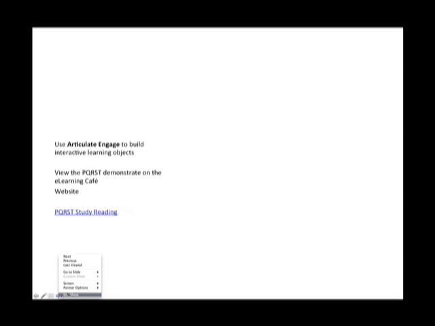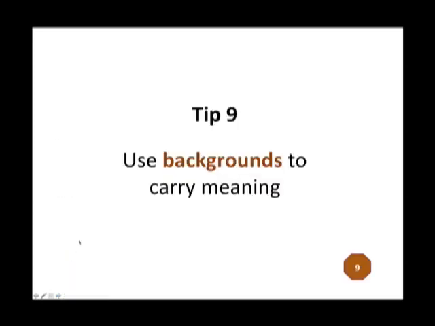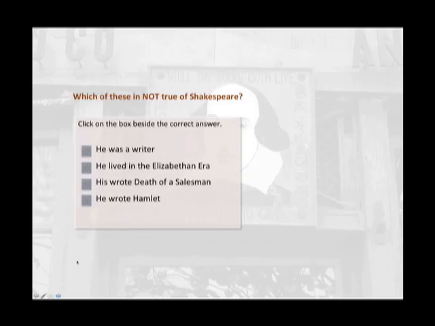Now, our next tip, go to the next slide, is use background to carry meaning. Again, a picture can help carry a lot of meaning. This slide is from my English class, and you notice that there's a very, very subtle background. I turned the transparency up to about 90% on the background picture. Again, this is a picture I just happened to snap while I was on my trip last year. So no copyright issues, it's one I took, but it really helped carry the meaning and enhance the focus of